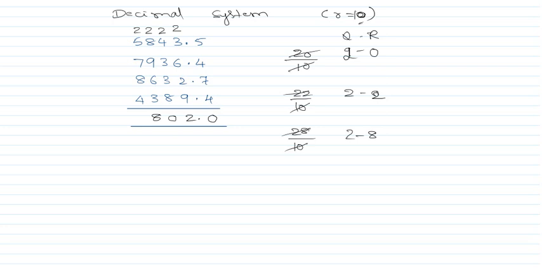Next, 5 plus 2 is 7. 7 plus 7 is 14. 14 plus 8 is 22. 22 plus 4 is 26. 26 is once again greater than 10, so divide it by 10. So 10 goes 2 times. 6 is the remainder, so 6 remainder here, then 2 will be the quotient. It will go as a carry.